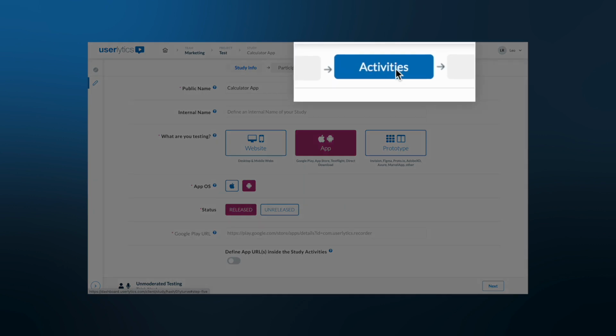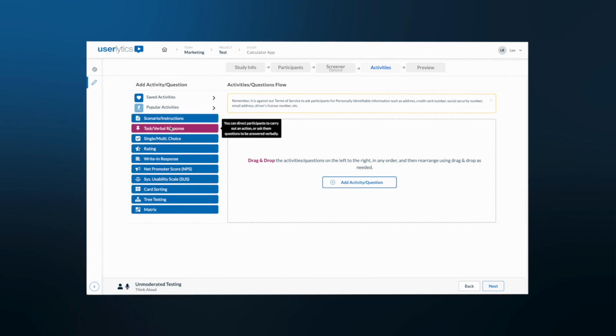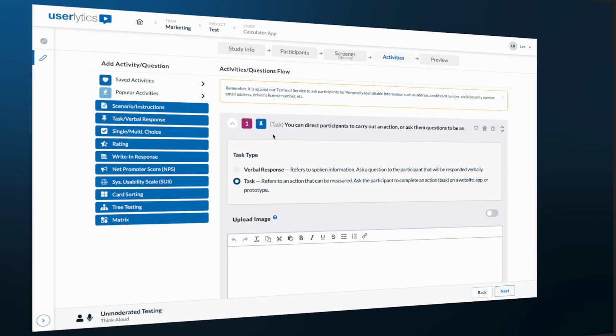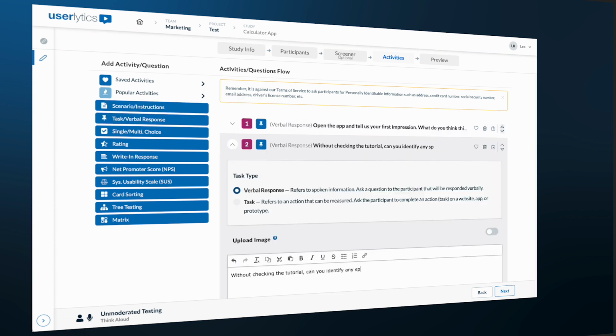Click on the menu option titled Activities within the test builder to design the activities your participants will complete during your study. Choose from the activity types on the left-hand side of the screen to begin with an activity template. You may then begin to fine-tune your activity by editing its text and adding special features like an image or